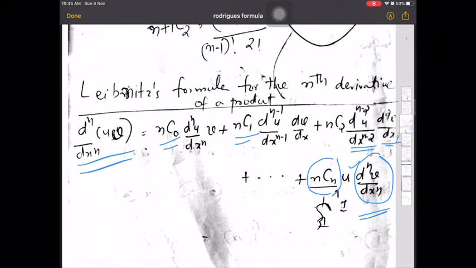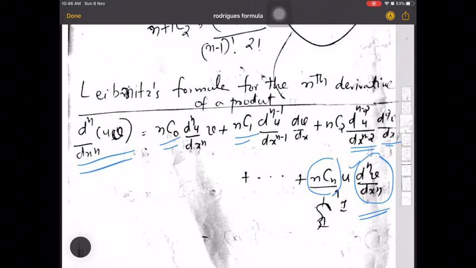Suppose I want to differentiate the product of two functions u and v. Then the nth derivative of this product is given by nC0 d^n u/dx^n times v, plus nC1 d^(n-1) u/dx^(n-1) times dv/dx,